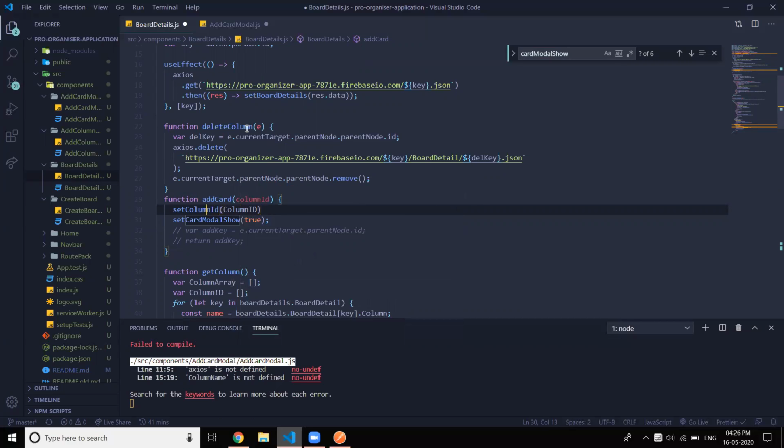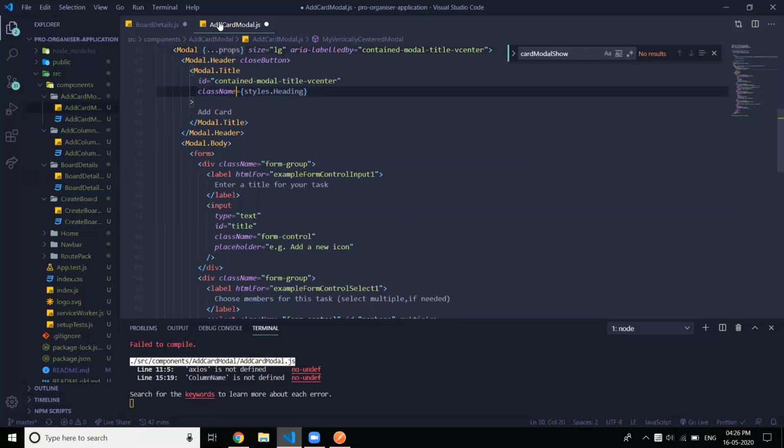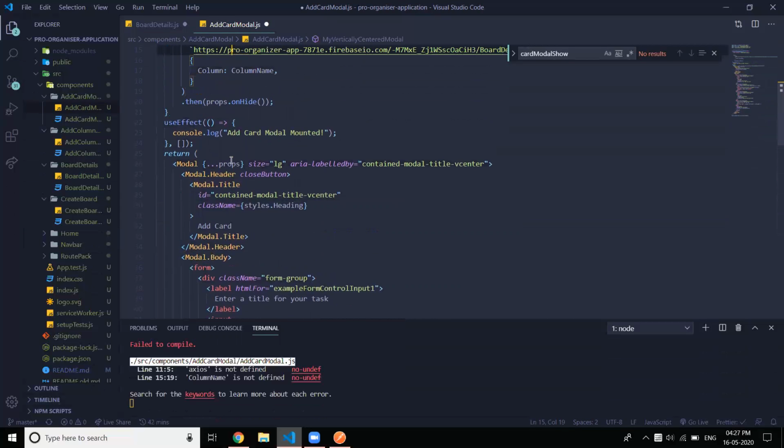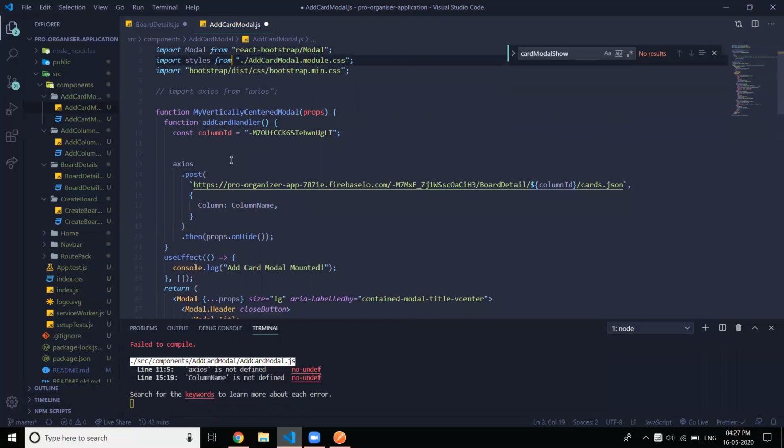So I think ID will be small. This is the array one. Now you get them in the props over here. Function.